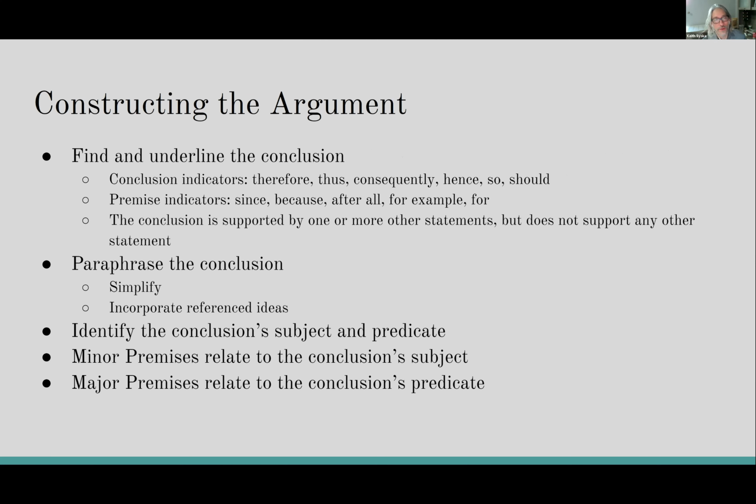Most of the other resources, to their credit, are going to tell you on LR, you should find the conclusion of each argument. I don't know how many of the resources are suggesting that you annotate it religiously. Don't ever read a conclusion without underlining it. And my reason for that is that the underline, the visual cue, it serves as a visual anchor that draws your attention back to the conclusion every time you start to forget the scope.